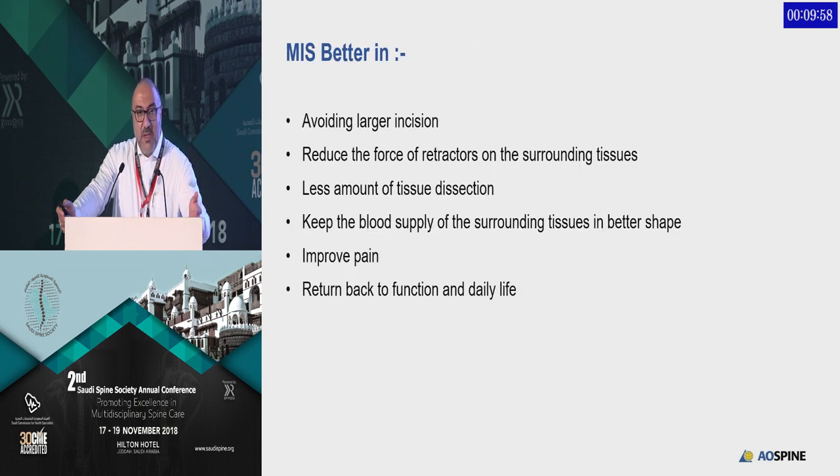So, MIS is better. It avoids a large incision, reduces the force of retractors, and you don't have the muscle necrosis and pain from the surrounding tissue. Less dissection, less bleeding, even less pain, it's much better. But one of the problems with MIS is that you have to practice, and don't apply overtension